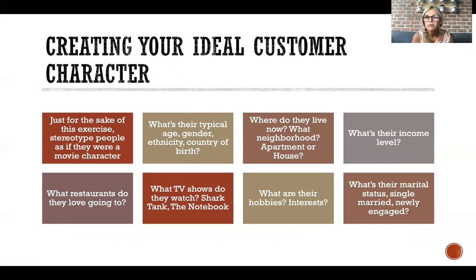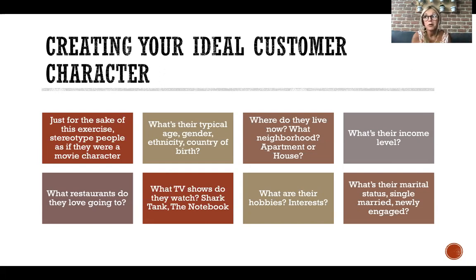So we need to figure out what is their typical age. For me, it's probably going to be somebody between 40 and 55 years old. That's going to be the person that I'm going to be posting to. What's their gender? Most likely for me, it's going to be female. Maybe different for you. Their ethnicity,